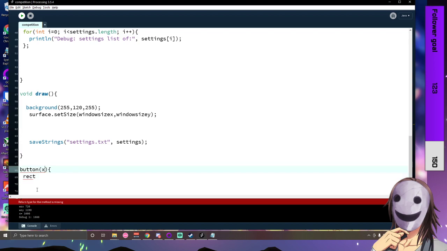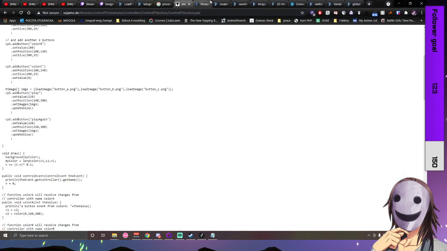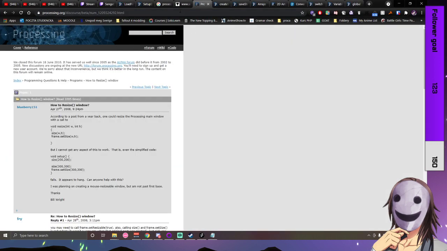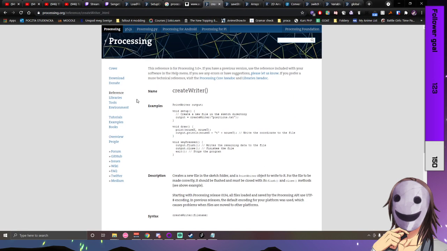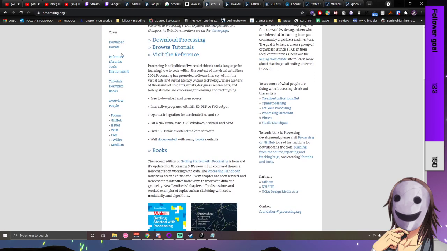It needs to be x, y for now. Rectangle at x and y. The size, that's gonna be the size. Let me just look it up again. I don't need create writer. I need